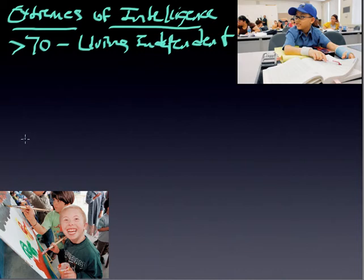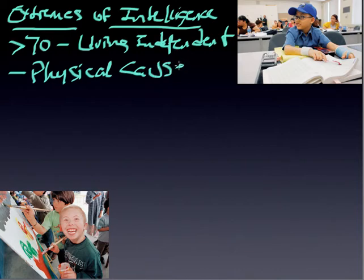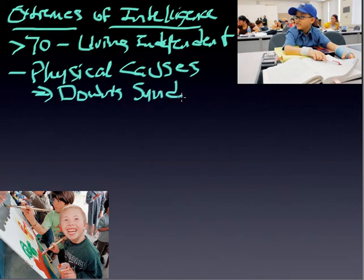Intellectual disability sometimes results from physical causes. We have a variety of physical abnormalities that contribute to mental or intellectual disability. One key one that's probably the most well-known is Down syndrome. And Down syndrome itself has another term. It's referred to as trisomy 21. And essentially what that means is on the 21st chromosome there is an extra gene, essentially, and that results in